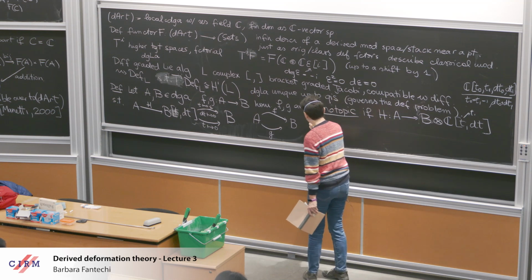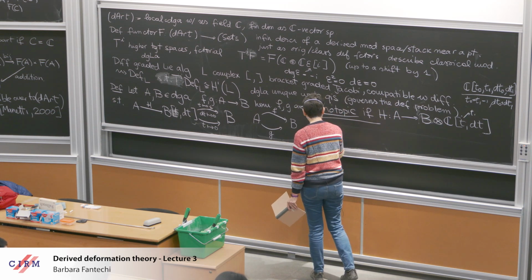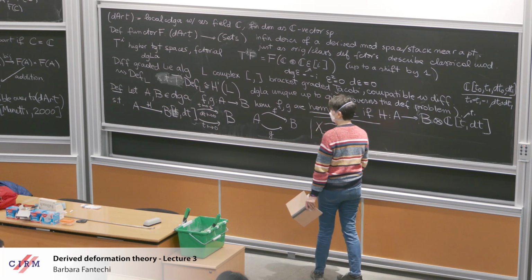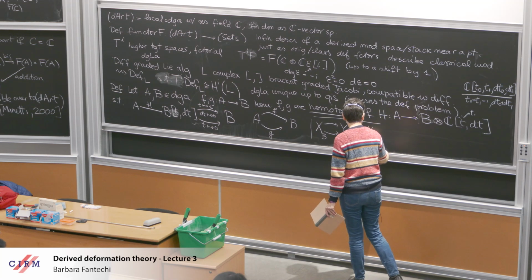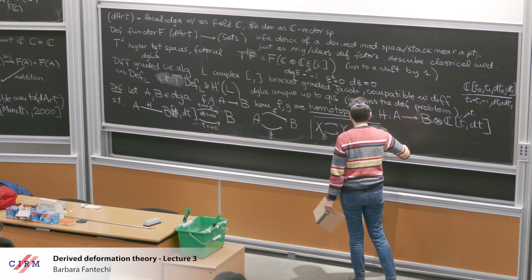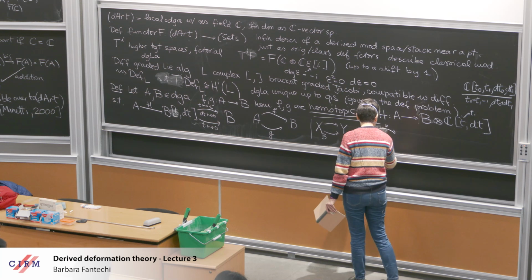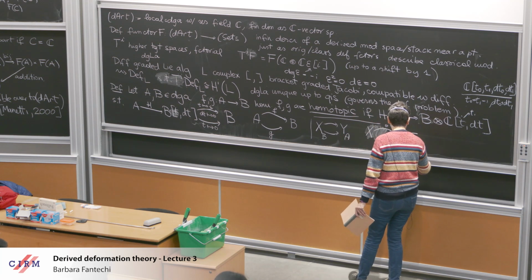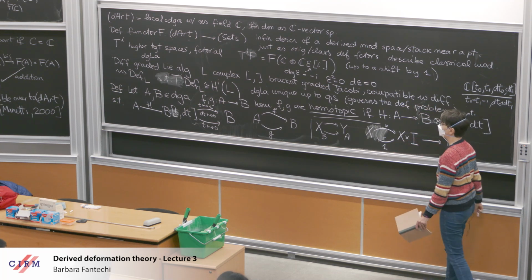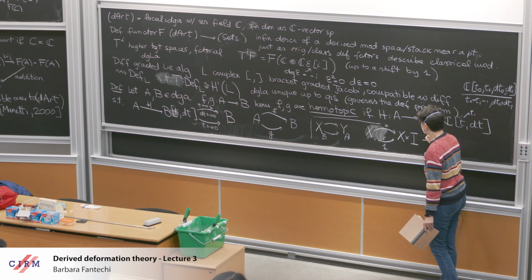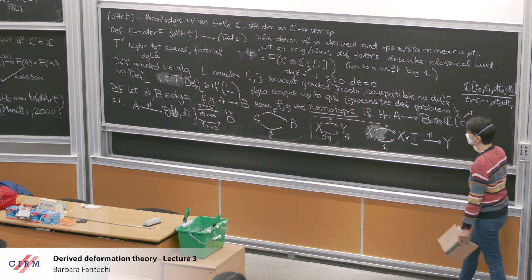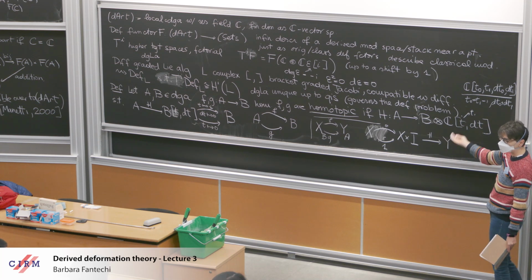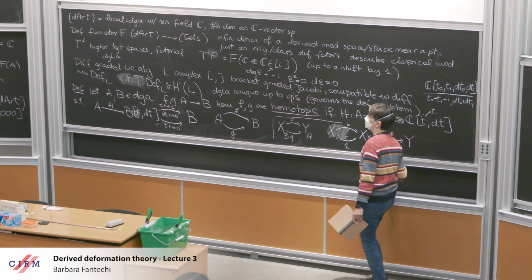So notice that on a topological level, what we are saying is that we have two maps, X, which corresponds to B, and Y, which corresponds to A, and we want that there is a map from X times I, that I have X which goes via 0 and via 1 in X times I, and this goes to Y. So this corresponds to H. Remember, we always want that our algebra have arrows going in the opposite direction as they would in a geometric context.